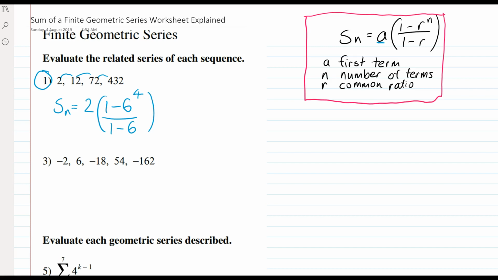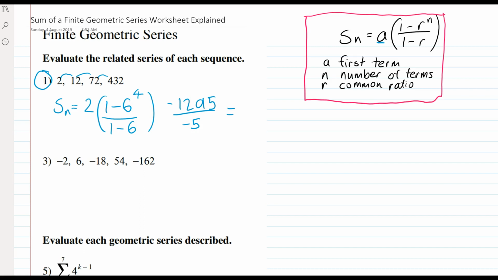Now 6 to the 4 is 1296. So 1 minus 1296 is negative 1295, and that's over minus 5. Here the two minuses will cancel out. So all we need to do is work out 1295